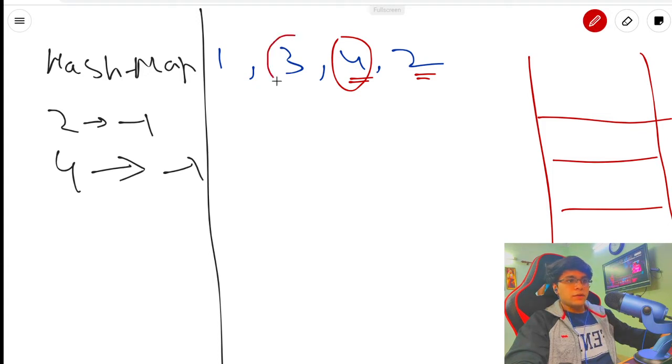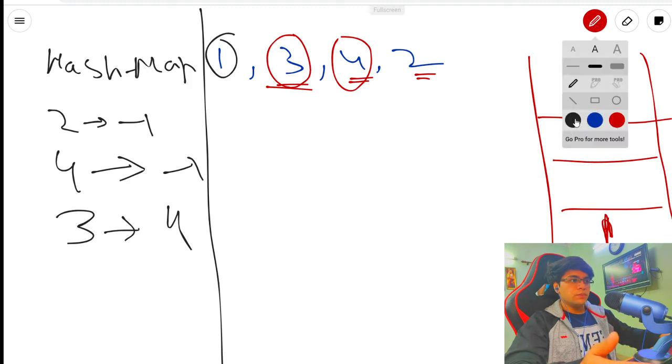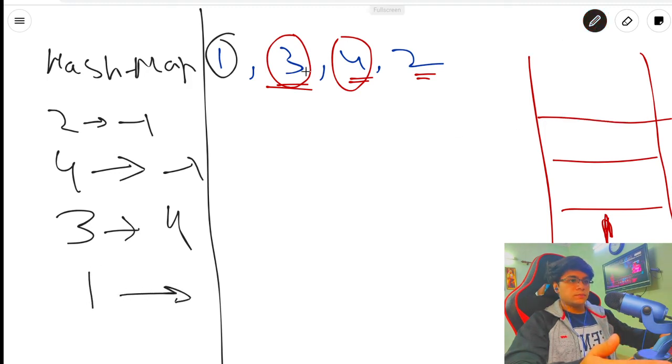Then we have 3. When we are at 3, we can see that 3 is smaller than this number. So when we insert 3, I can map 3 with 4. Then when I'm at 1, I will push 1 in here, and 1 is again smaller than this. Then the rightmost element which is greater than 1 would be 3 only, and then I can map 1 with 3, the topmost element. Okay, so I get this hash map,